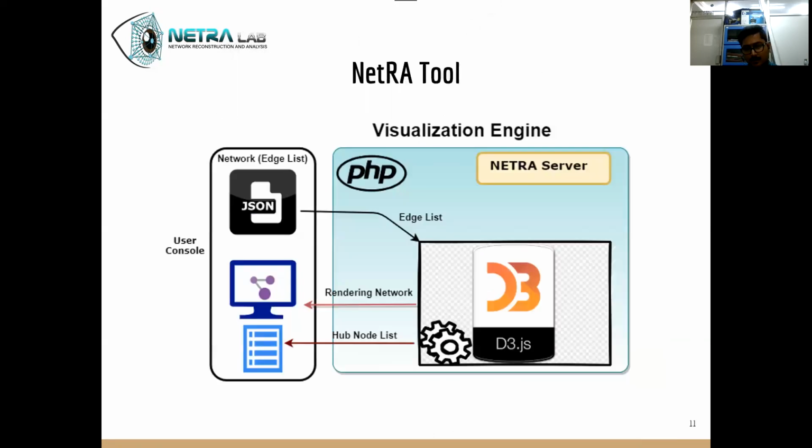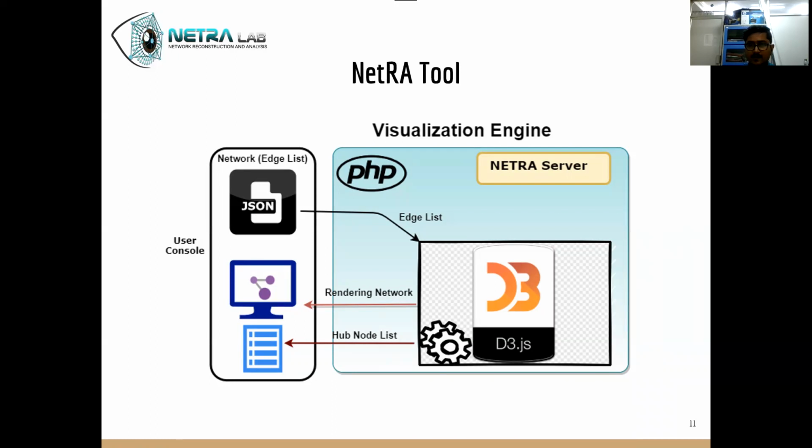So here is a view of the architecture of our web integrated tool that we are developing in our laboratory. It's basically the visualization engine architecture that takes in a JSON file and processes it in network D3, which is a wrapper function of D3 JS, taking the edge list using the PHP scripting language.